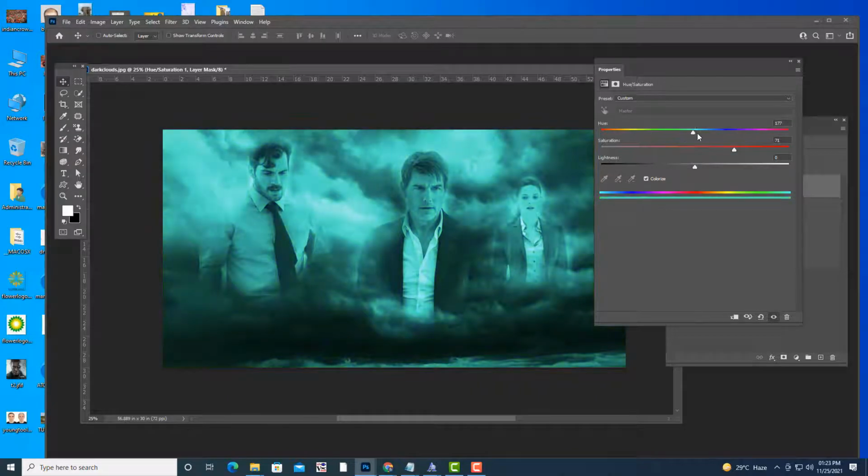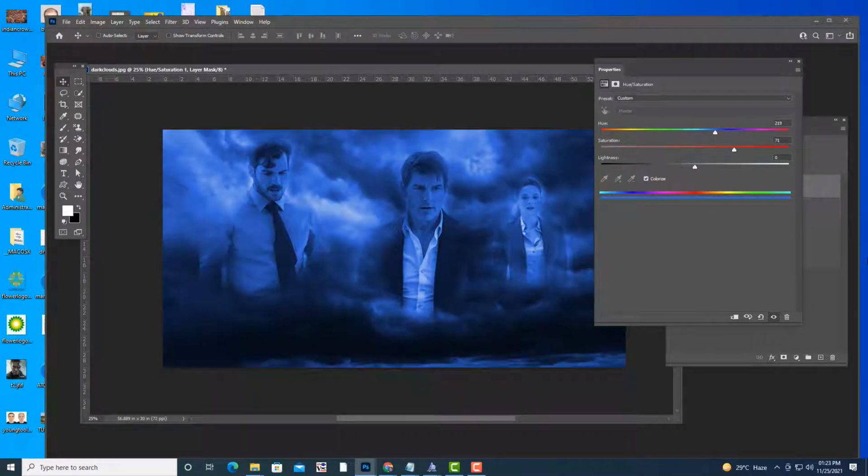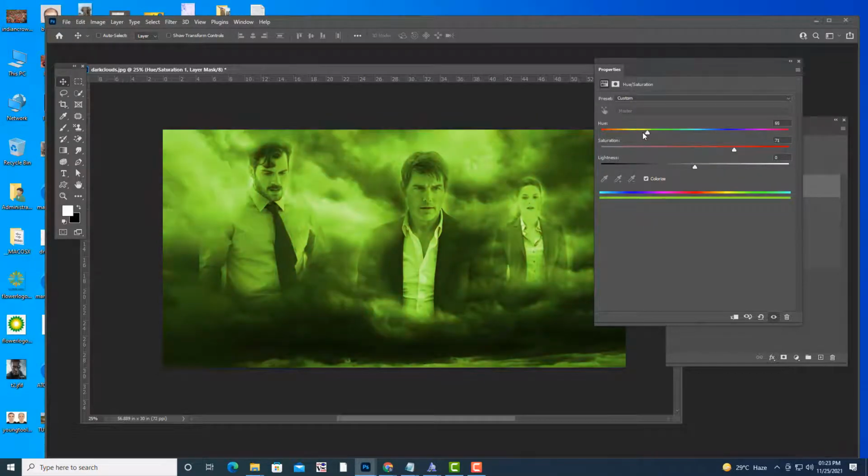If you want blue color, see, if you want the yellow color, see, and if you don't want this much brightness, you can reduce it. So cinematic coloring. Which option do we use?